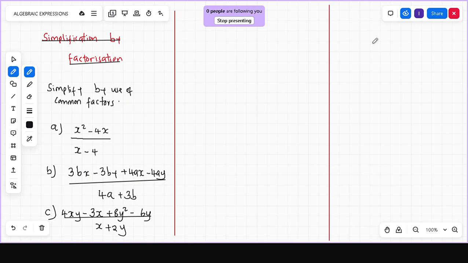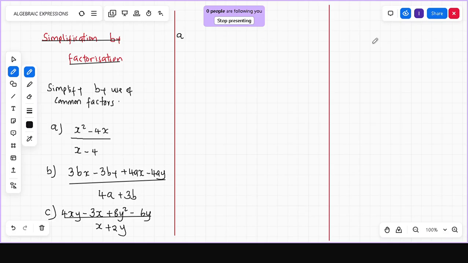Hello guys, welcome again. In this tutorial I'm going to teach about algebraic expressions, whereby we are going to learn simplification by factorization. So we are going to start solving the question right away, and it says simplify by use of common factors. So we got part A,